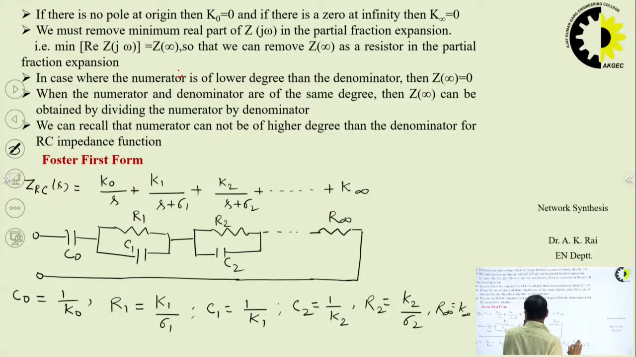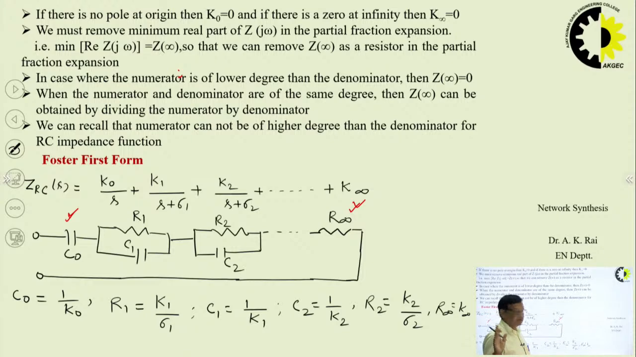Now come to the Foster first. If the given function is impedance, then we go for the Foster first, and this is the general expression of the partial fraction expansion. And this term will come when there is a pole at origin, and when we remove a constant we get the R infinity, and this R parallel combination of R1C1 and R2C2 will come